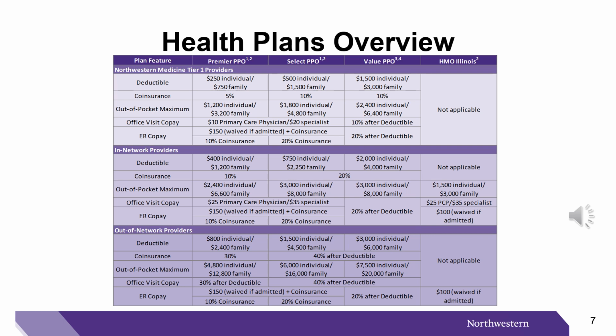Potential out-of-pocket expenses vary by plan and also vary by services received from Northwestern Medicine providers or from in-network or out-of-network providers. These PPO plans offer the flexibility to go to any provider you choose, and if you choose to use Northwestern Medicine providers, you receive a higher level of benefits coverage with the lowest out-of-pocket costs. We also offer HMO Illinois, where you will receive 100% coverage when using the HMO Illinois provider network. HMO Illinois pays no benefits if you go out of network, and this plan is not part of the Northwestern